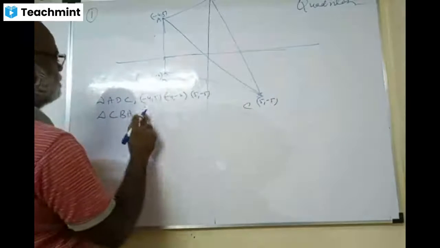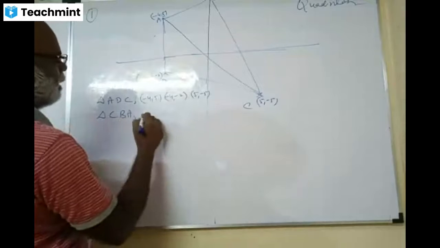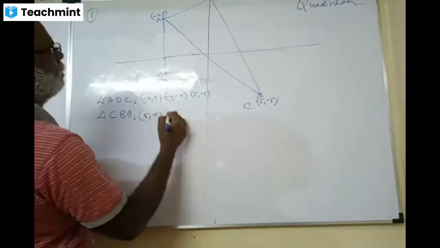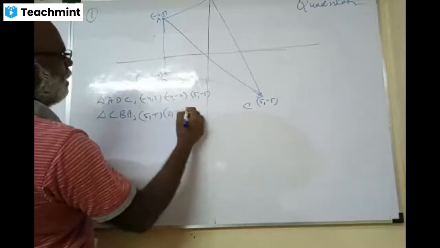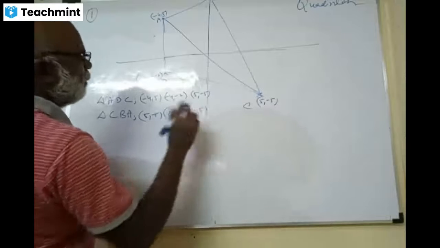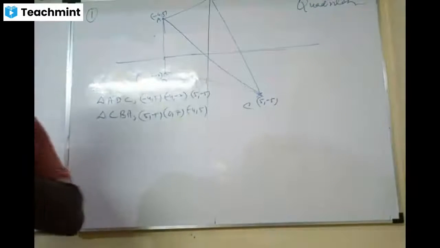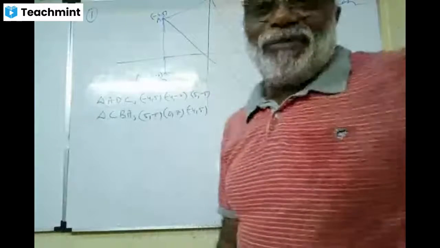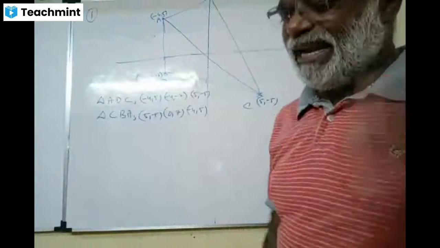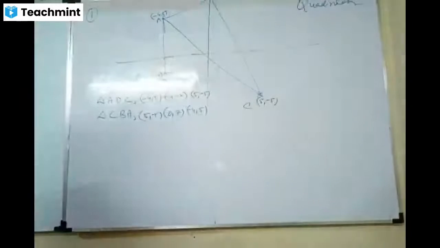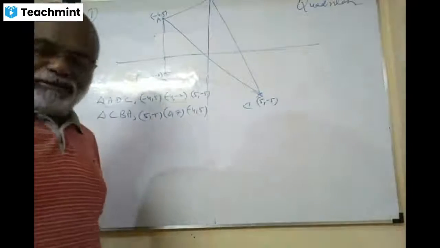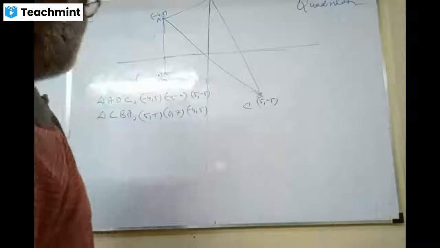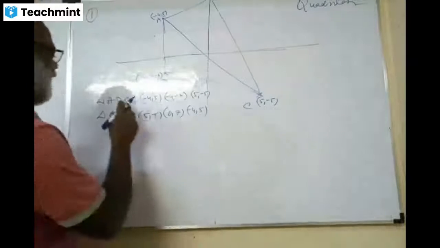CBA: (5, -5), (0, 7) and (-4, 5). Happily you do it. Area of a triangle by whichever formula you like. Actually, area of a quadrilateral also you can derive, but it is an unnecessary formula, and there is no place in the mind to keep all of them. Therefore, use that triangle property.